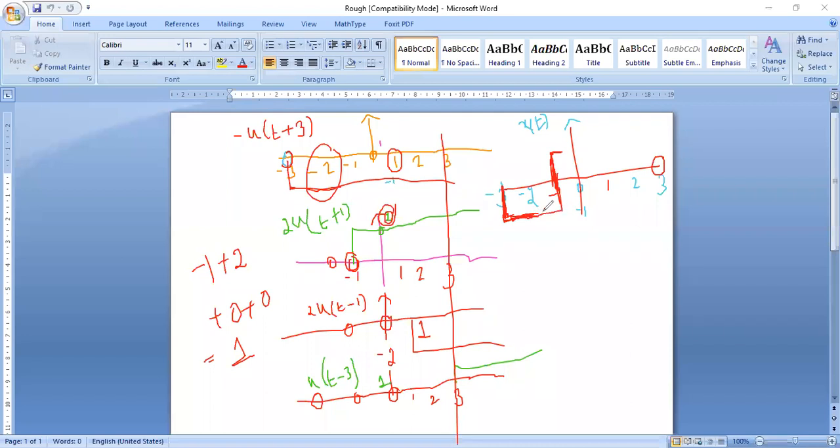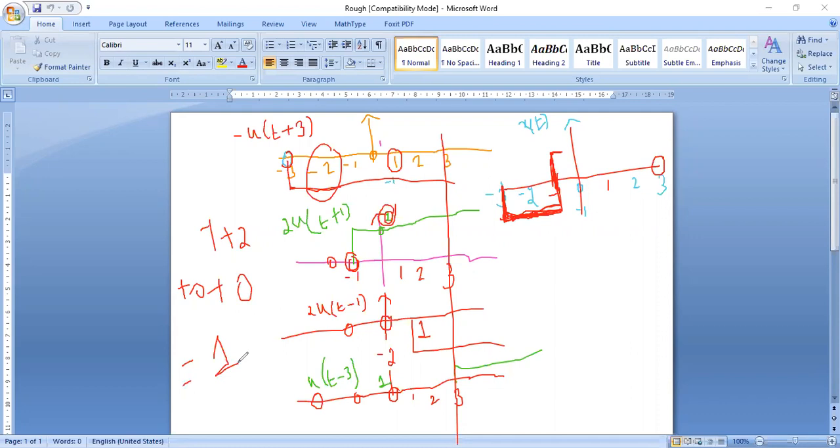Till the previous values, I have to maintain the same in the final answer. I should show the transition in the final diagram, the change of state, only when there is a change of state in any one of the diagrams of the 4 signals. So now let me talk about 0. At time t equal to 0, I have from the first diagram -1, and the second diagram it is 2, and third diagram nothing, and fourth diagram nothing. So my amplitude is 1.